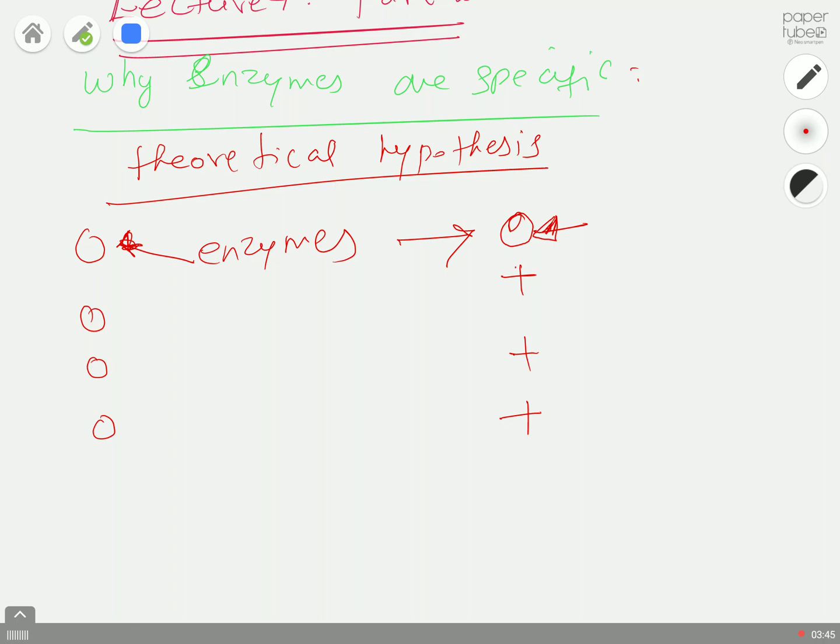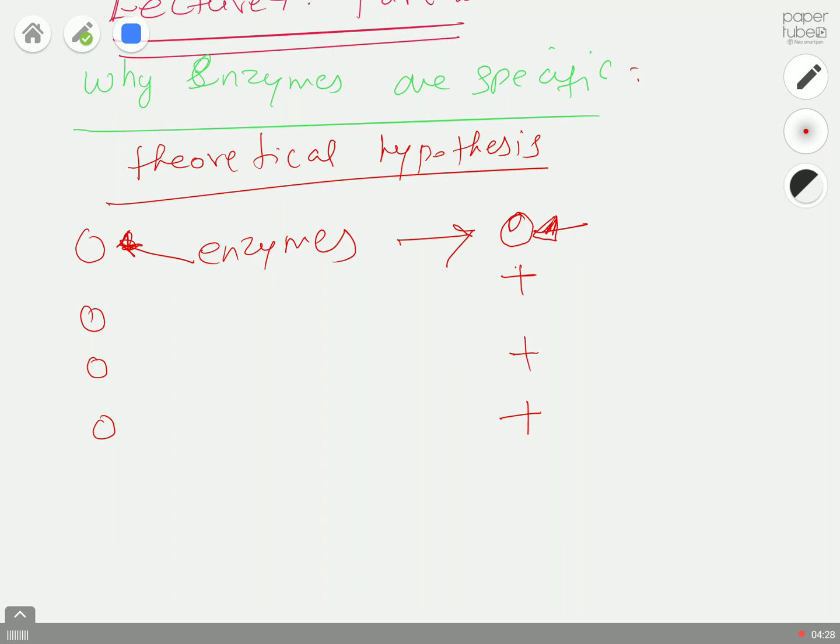Enzymes not only have the capability to recognize a specific type of reactant, but also the capability to break that specific reactant and always produce only one type of product. That's why industries like to use enzymes, so they don't have to spend a lot of money. Imagine if your enzyme produced many different molecules, breaking some compound A into 3 or 4 different compounds. Then you would have to spend loads of money to separate these compounds in the product stream. That's why enzymes are good to use in industries.